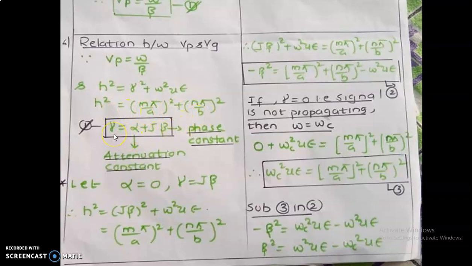Now what is gamma here? Gamma is nothing but your propagation constant, which is a combination of attenuation constant and phase constant. So in EMTL you have understood about what is attenuation. Attenuation is defined by alpha, and phase constant is defined by beta. So the assumption is that here,